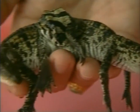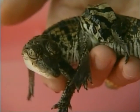More than 200 baby crocodiles have hatched at the farm every day, but it's the first time the care